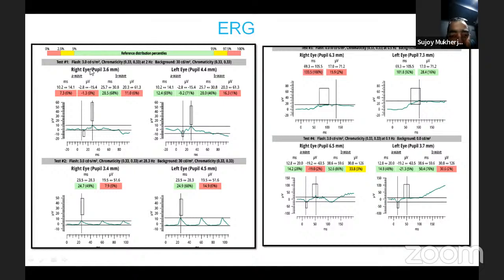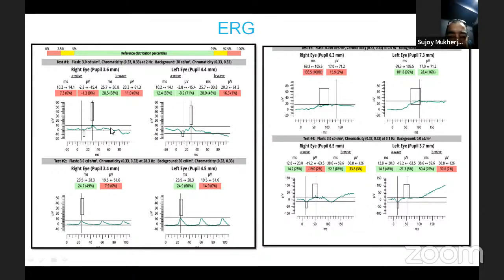Yes. The bottom one is the flicker one, that is 3.0 flicker, and the upper one is the 3.0 ERG, the upper graph. Both show the function of the cone, the cone mediated response. Now we can see, if we compare the amplitude with the age matched control, that there is a significantly decreased response in this photopic part.